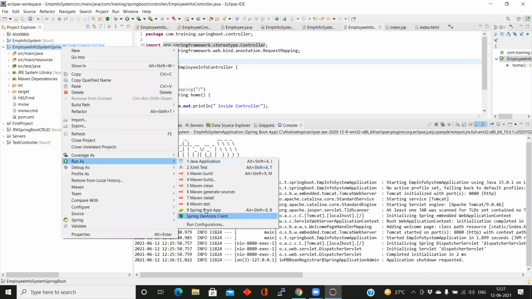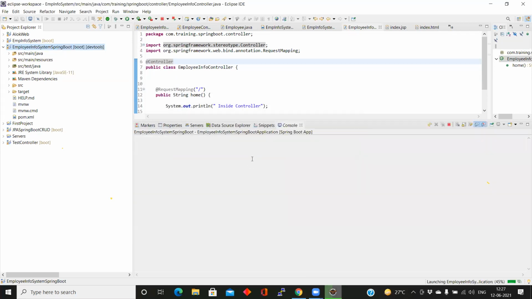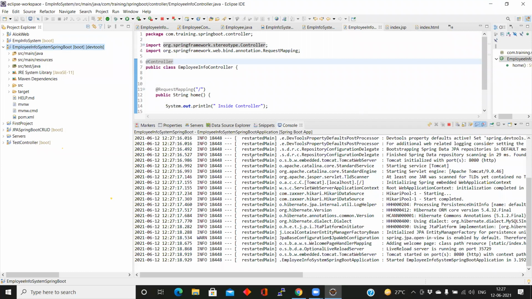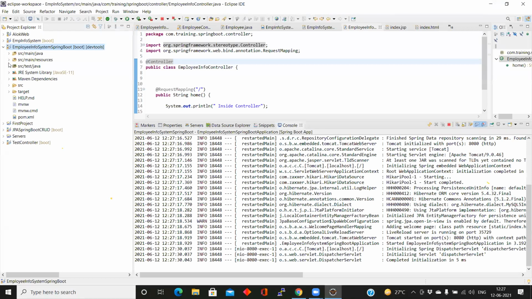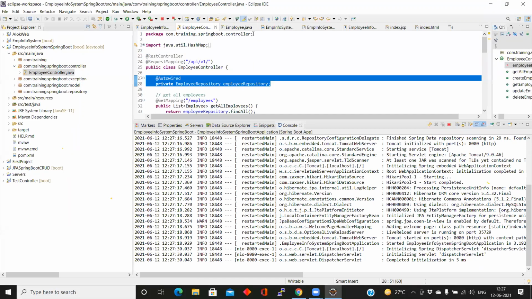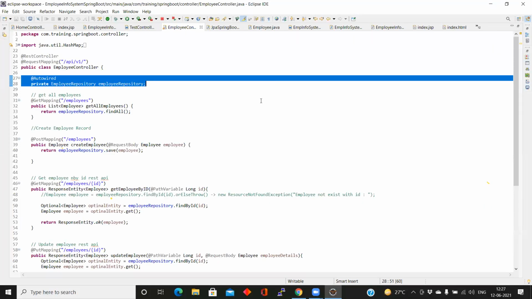Run. Okay, this is the next. Now we will learn the entire full stack CRUD application.